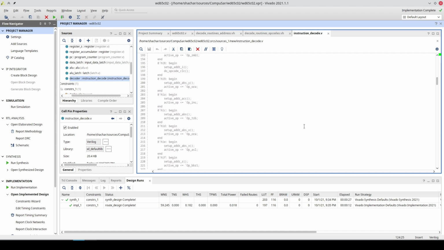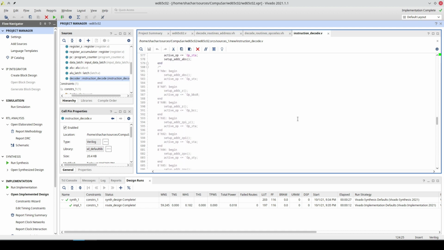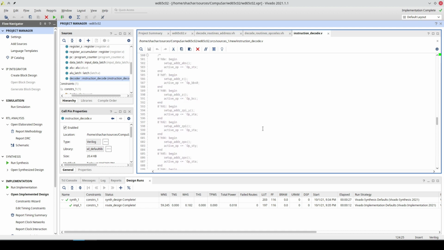But if we move down to the area where I did implement things, which takes a while because there are a lot of commands, let's move to this area. We see that A0 is load Y and the addressing mode is immediate. And two below that, A2 is load X and the addressing mode is also immediate.